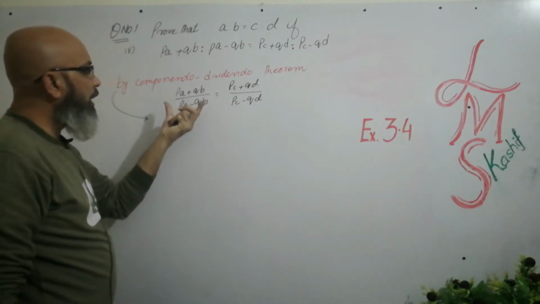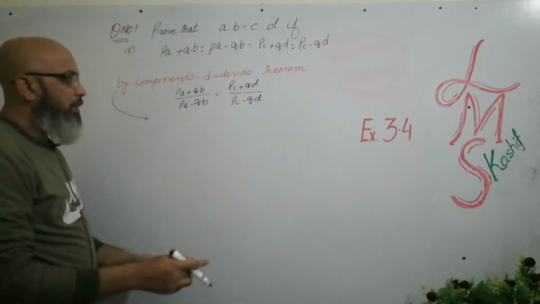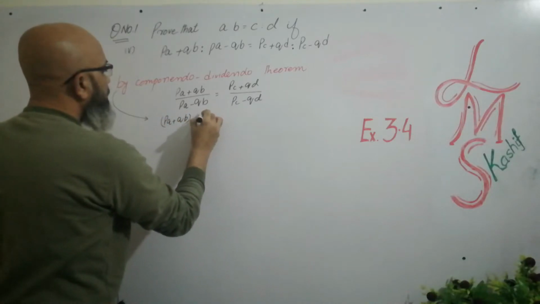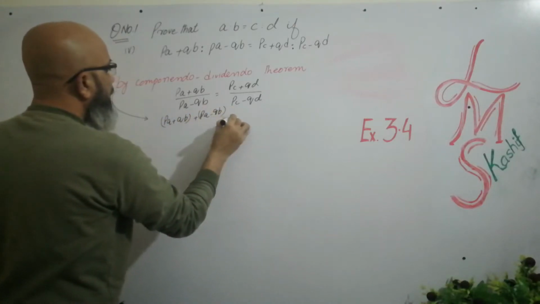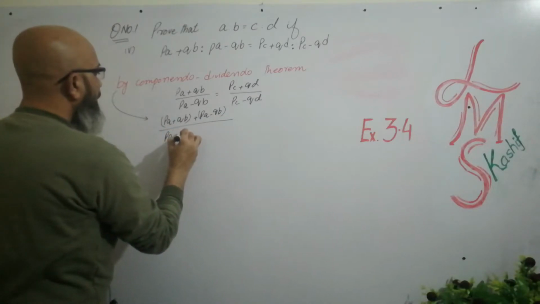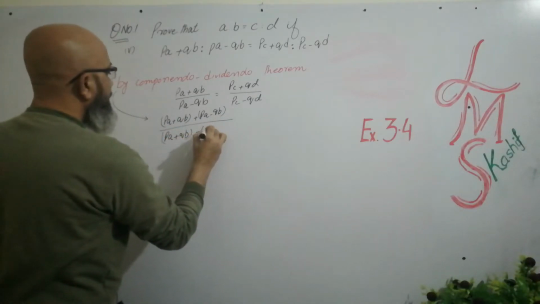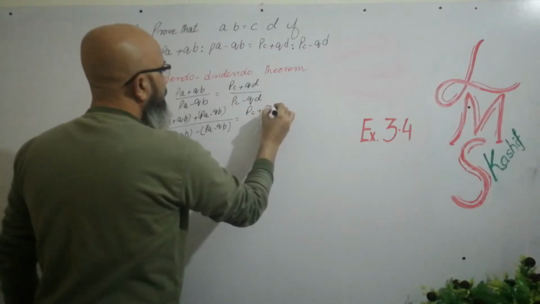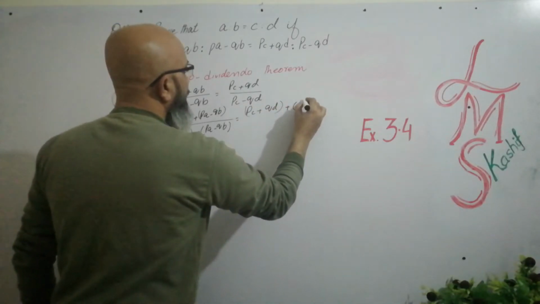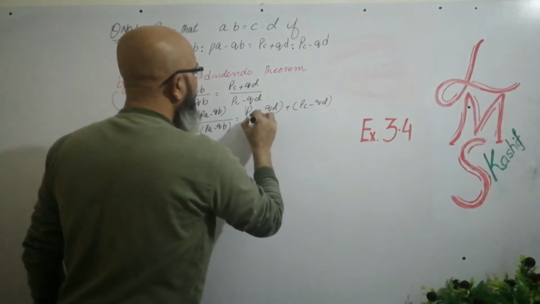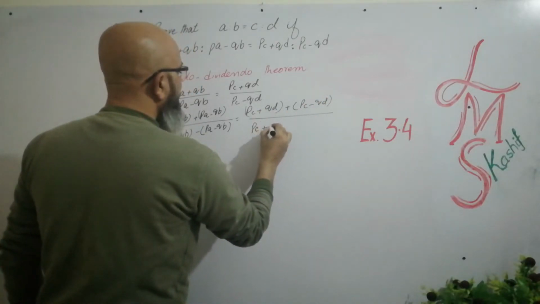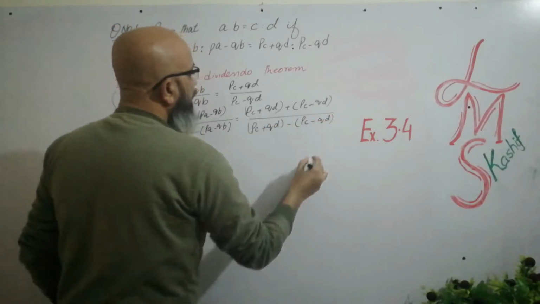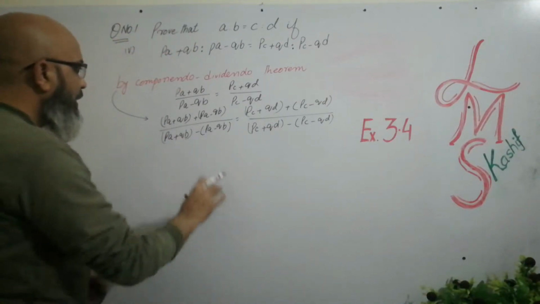अब हम इसके ऊपर अप्लाई करेंगे. We will add one time, we will subtract one time. PA plus QB plus PA minus QB over PA plus QB minus PA minus QB is equal to PC plus QD plus PC minus QD. Same case in the denominator, PC plus QD minus PC minus QD. Little lengthy questions but quite easy. Just open the bracket,